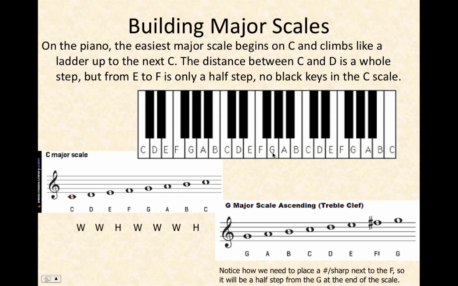Let's do one more: G major. This might be on our test, just saying. Musicians actually identify phrases by lowercase letters. So G to A is a whole, A to B is a whole, B to C is a half, and then whole, whole, whole, and F is sharped. You can see down here. A is the first phrase, B is the second, and so on. If a phrase repeats, the letter is used again. So what we're thinking about here is a little bit about the shape of music. So the G major scale: G, A, B, C, D, E, F sharp, G. It's kind of hard to describe something that we can't see as having shape, but believe it or not, music has forms that are very logical.